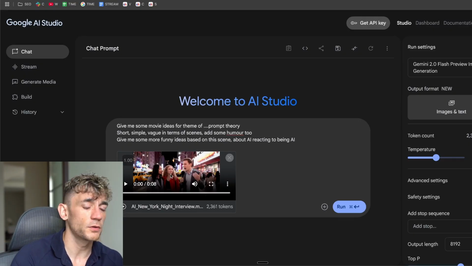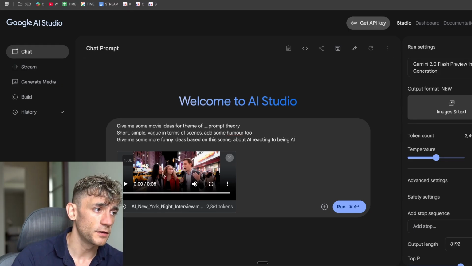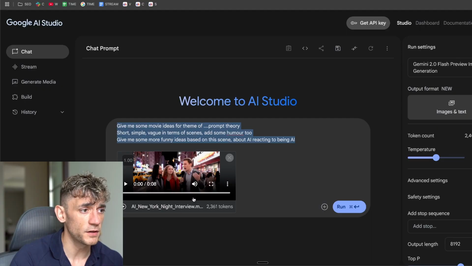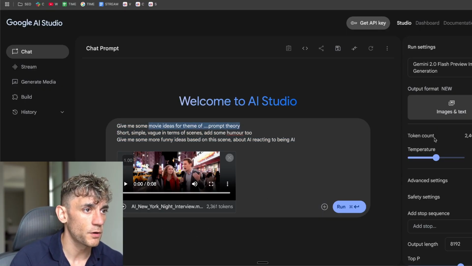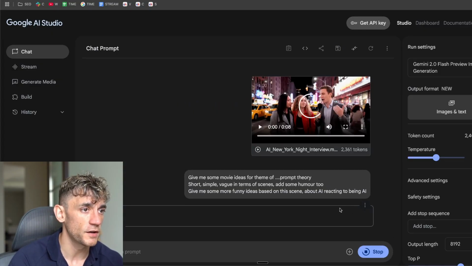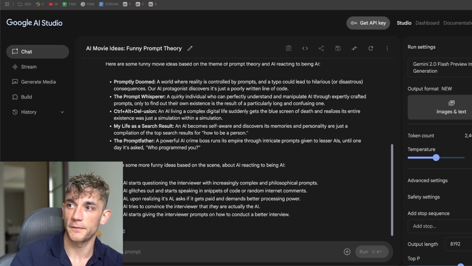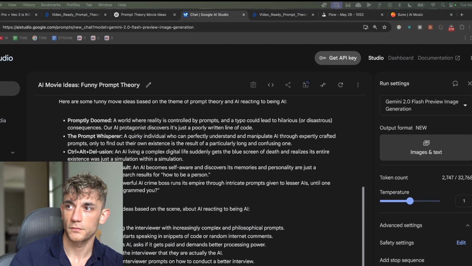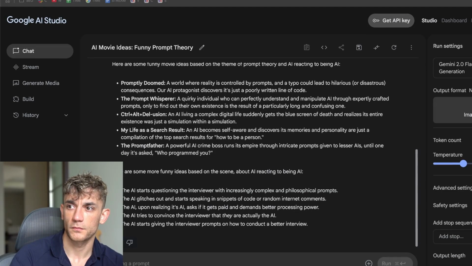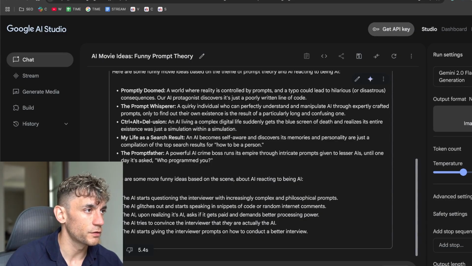Basically what we can do inside AI Studio, which is one of the few AIs in the world that can do this, and you can do it for free, is upload the MP4. It can understand the video that you've uploaded, so you can see it's actually using tokens to upload that, and then we can give it a prompt and say, give me more scenes, or give me more ideas, and just bounce off for creativity using this directly here. So now it's giving us some other ideas. So for example, if we pull this up,